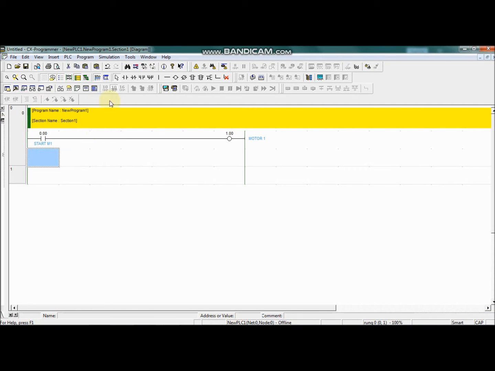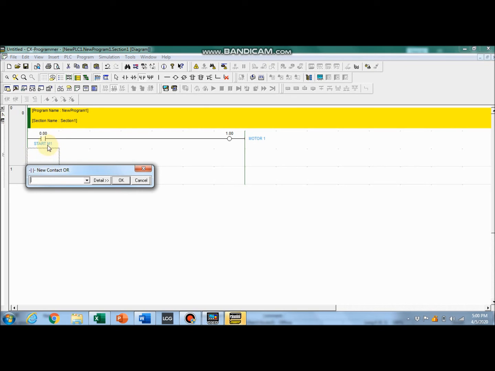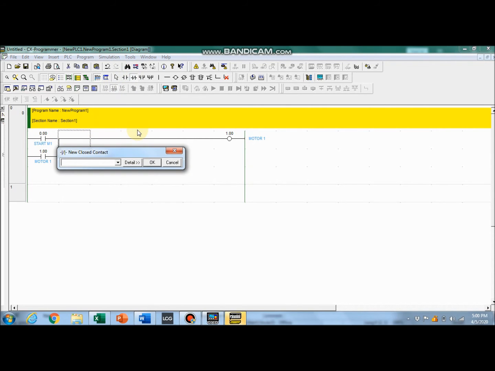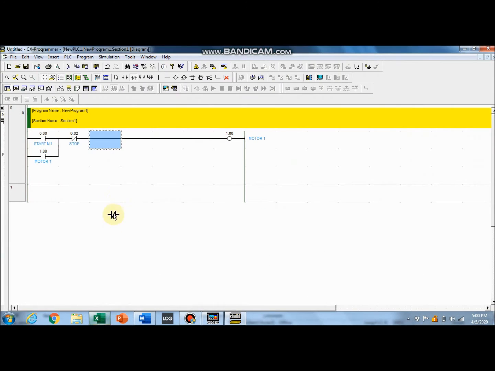It is the same as the latching, where the start is a push button. We put 1.0 in parallel, so motor 1 will always be energized until we trigger 0.02, the stop button. Okay, we check it.